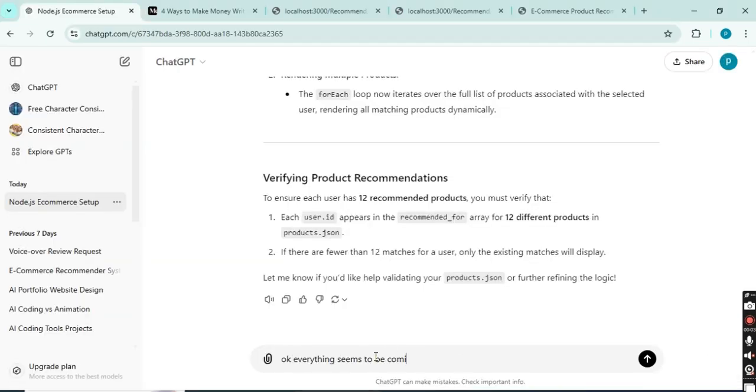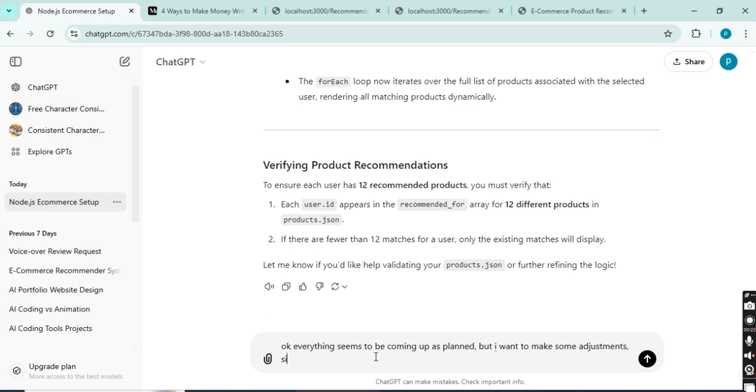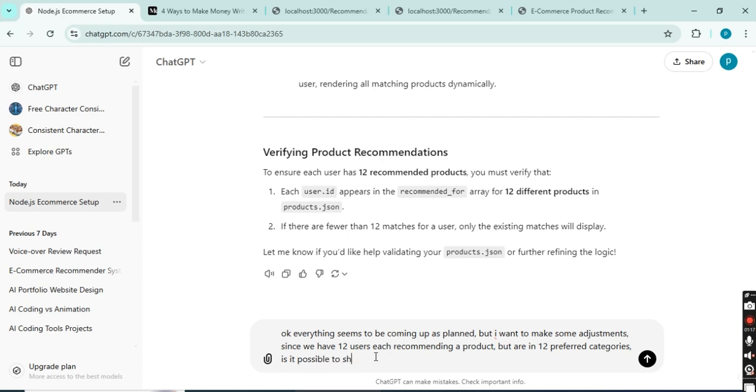Now that we've set up the backend with our users.json and products.json files, it's time to bring everything together by connecting the frontend to the backend. This is the pivotal moment where we ensure that everything on the user interface corresponds exactly with what we have